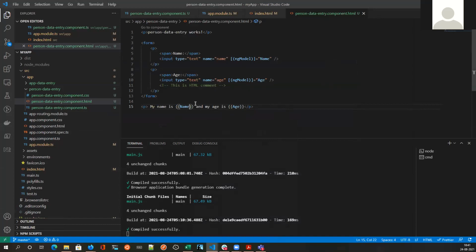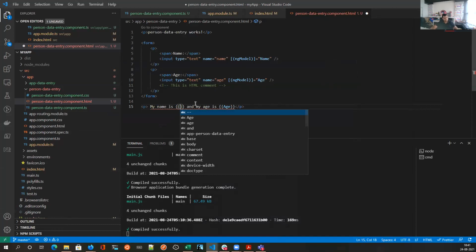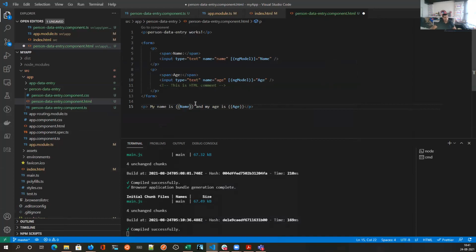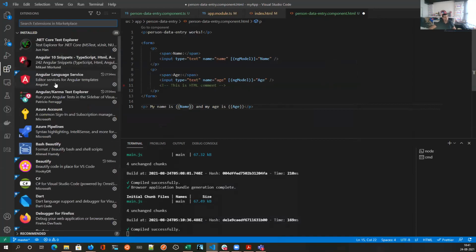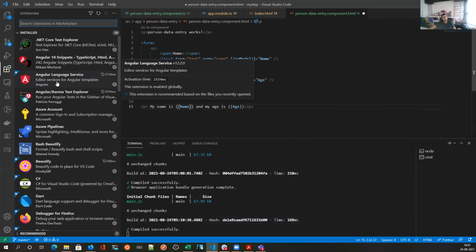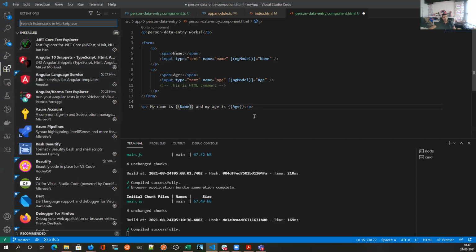If I type double curly brackets, then it will show up easily, because I have installed this extension, Angular Language Service. That's why it is giving me all the IntelliSense possible, and it is also checking all the syntax. Okay.